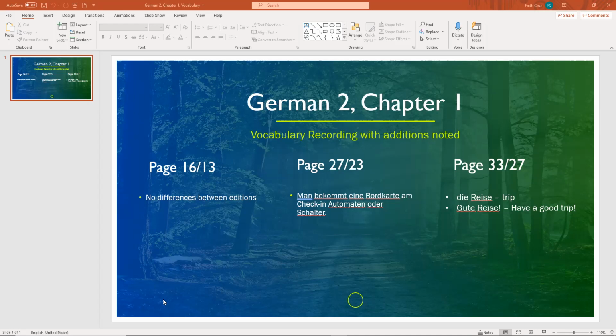So what you see in parentheses behind abfliegen is the one-word past tense, flog ab, and then the two-word past tense is abgeflogen. Why is it flog ab that looks like two words? Because it's a separable prefix verb, and ab will drop to the end. Even though fliegen changes to flog to indicate past, the ab still drops to the end of the sentence in that simple past. All right, next we have Abflug,